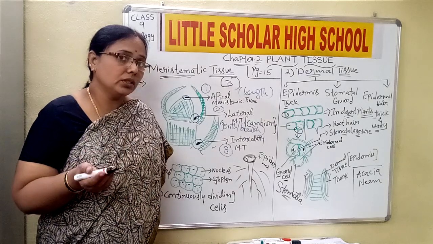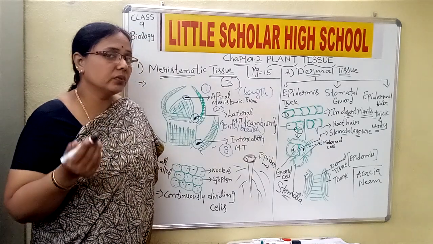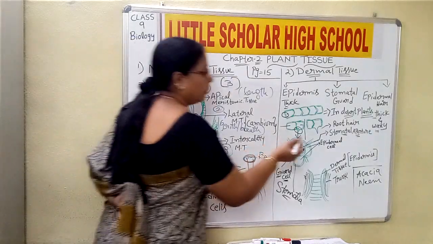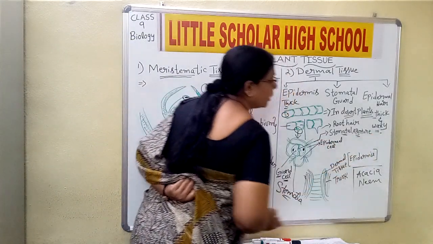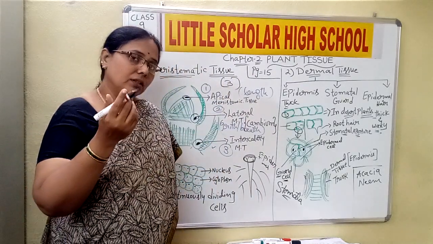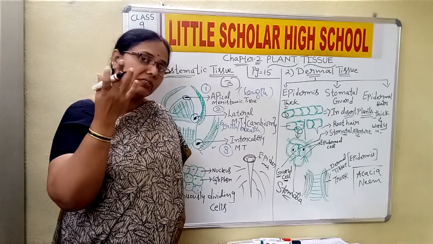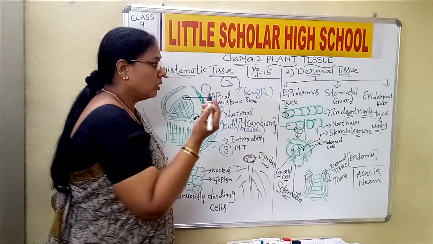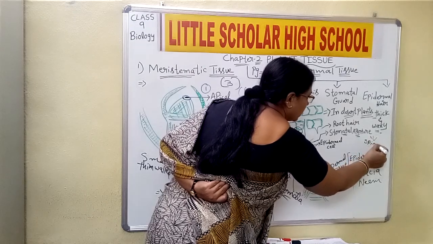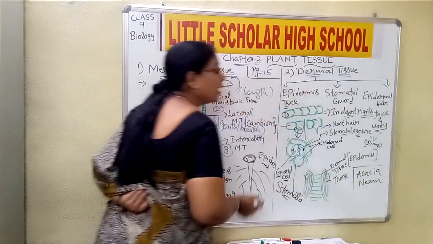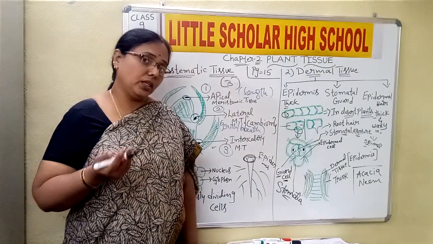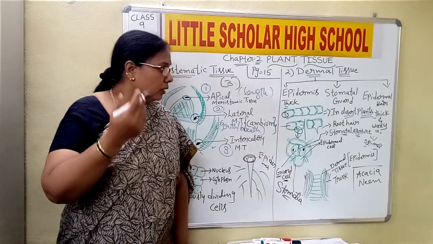Because they need to store the water, as we just said that there is very scanty rainfall. So this thick and waxy epidermal layer keeps desert plants from losing more water. And we have seen that most of the plants we find in deserts have thorns or spikes. Yes or no? Thorns or spikes. Why? Because this is also one of the adaptations the plants have undergone, so that they can save or protect the water.